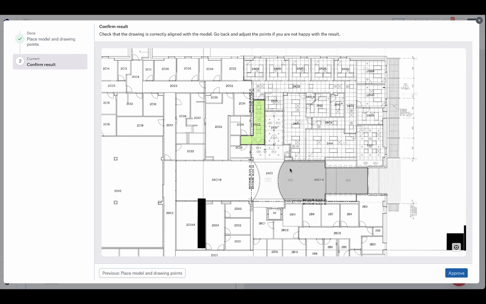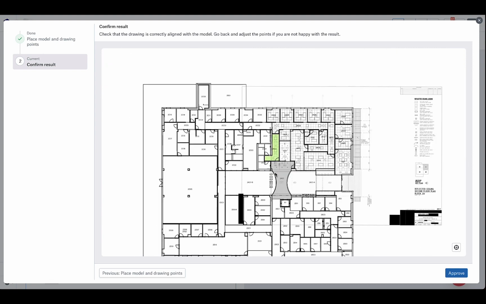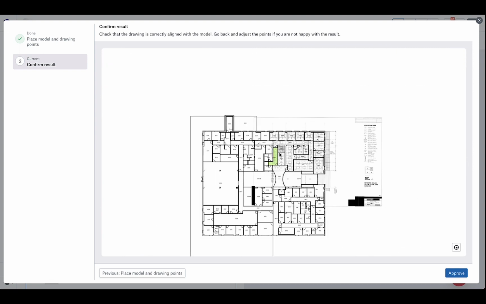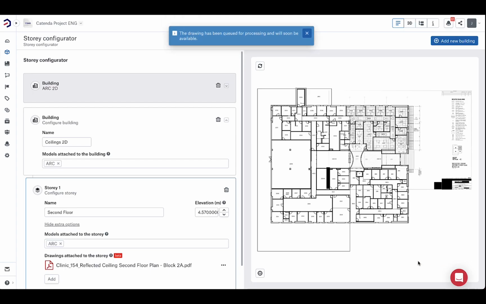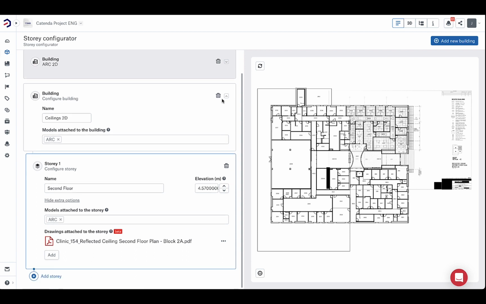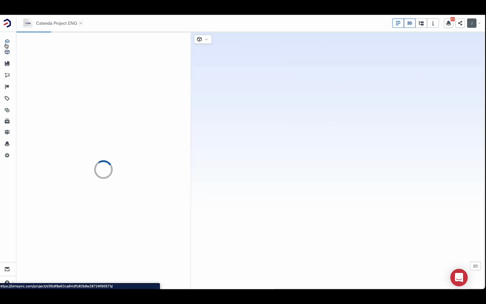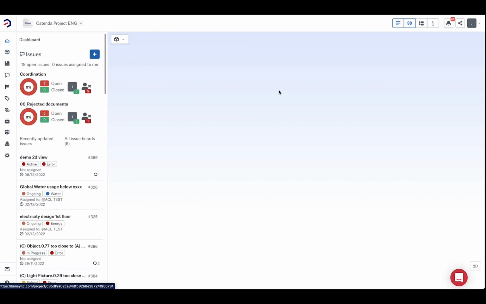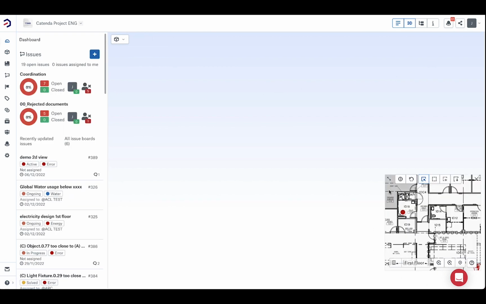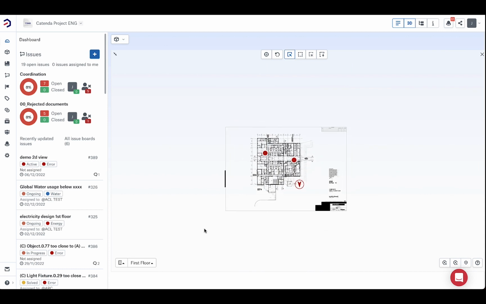Yes, looks great. Sorry for the mistake, but depending on the origin of the drawings and all that, we can't really avoid having this manual placement. So it's approved. I now have a new drawing in my configuration, and I have two so-called buildings in this Storey configurator. So if I go back now to the viewer, you will see that in this selection button, maybe